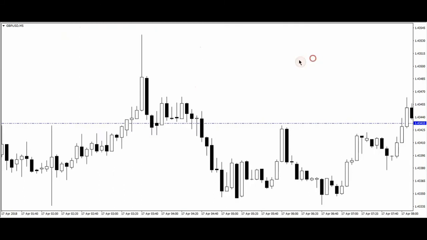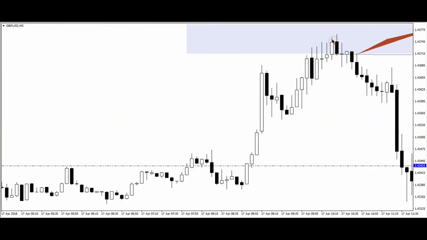on this candle. This was the candle I was eyeing, as soon as we got a close below it, which is right here,